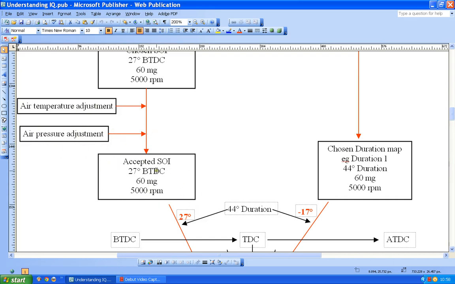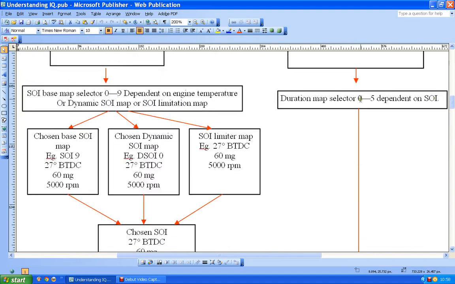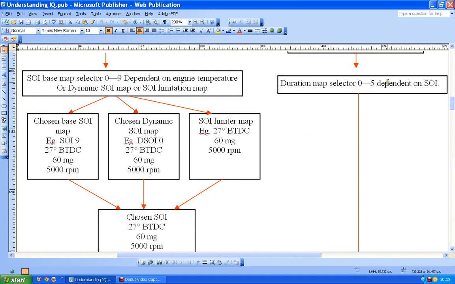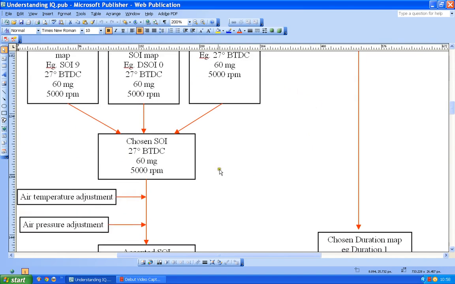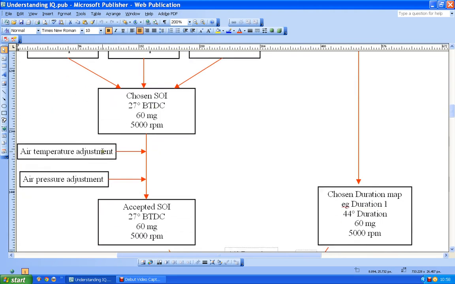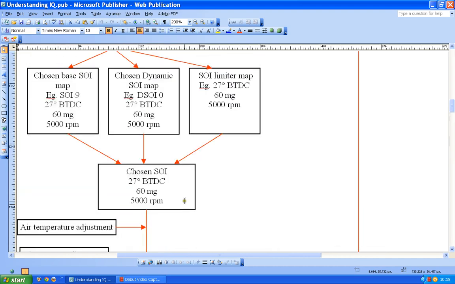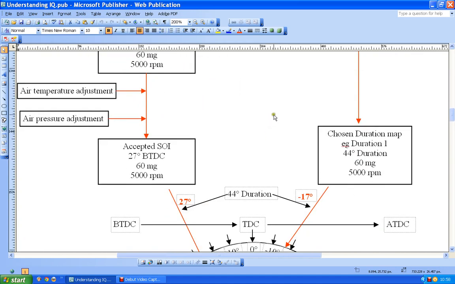Now going back to this selection up here, when that is selected, again, it could be here, so it could be there, it could be there, it could be the result of the 3 here, it could be after that adjustment, or it could be after this adjustment, so it's here. So it could be that this final ultimate value is the one that determines what's going on up there. And again, you have to dig pretty hard through a file to find out what is being accepted and what isn't. It's quite difficult sometimes.